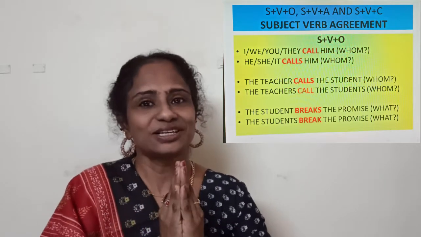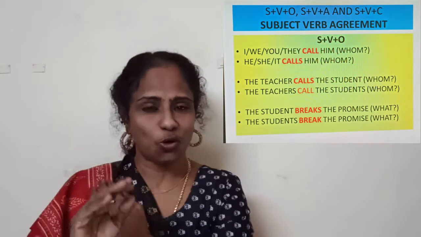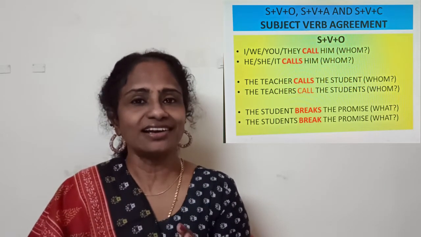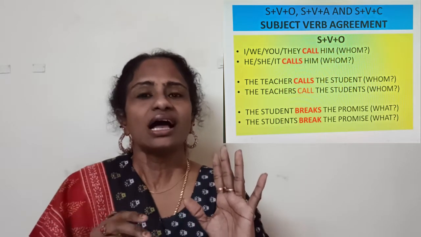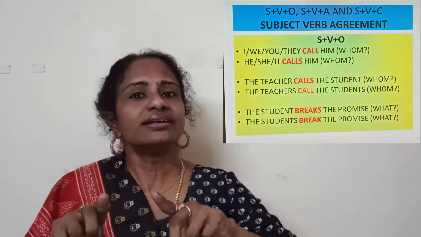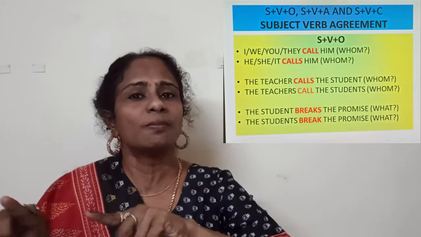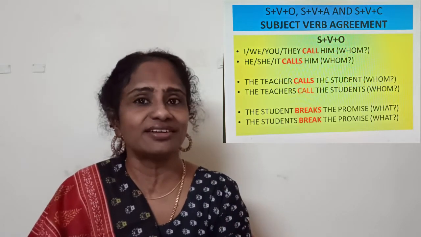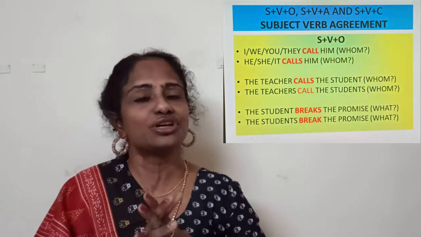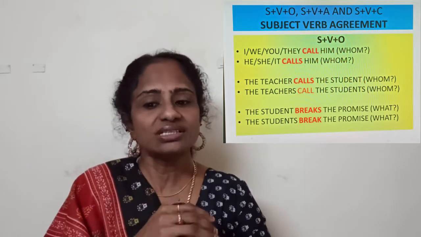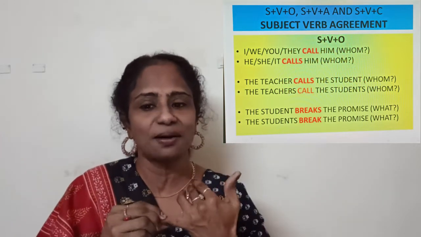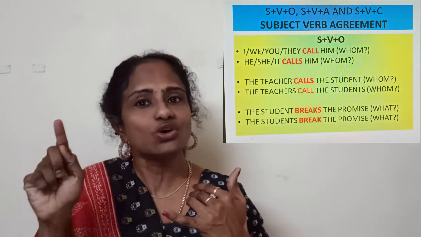Okay. Next, the same S plus V plus O sentence, I am doing it with a noun. So people please understand, in a test I can ask you questions. Replace the pronoun with a noun. How do you write a sentence? Okay. Subject verb agreement. Write a subject verb agreement with a noun. Write a subject verb agreement with a pronoun. If I ask you, you should be in a position to tell me. So the same sentence, I haven't even changed the verb because I don't want you to get confused. I've given you an example with the noun, S plus V plus O with noun.